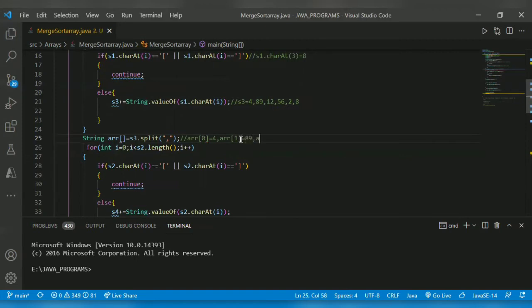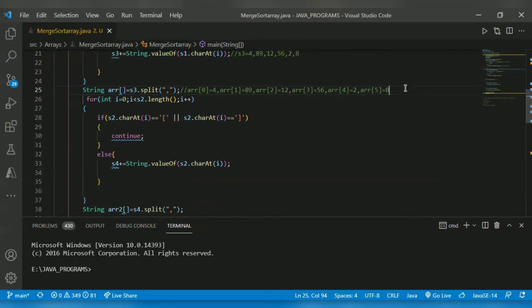Arr of 2 equal to 12. Arr of 3 equal to 56. Arr of 4 equal to 2, comma, arr of 5 equal to 8. Likewise, it will get stored.